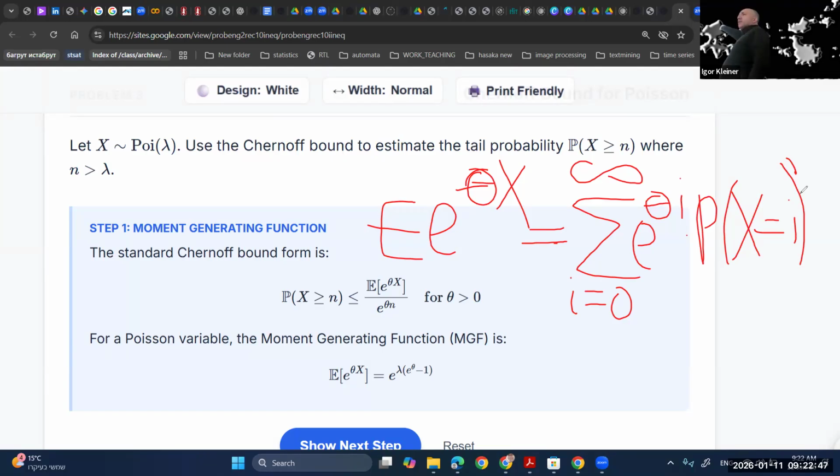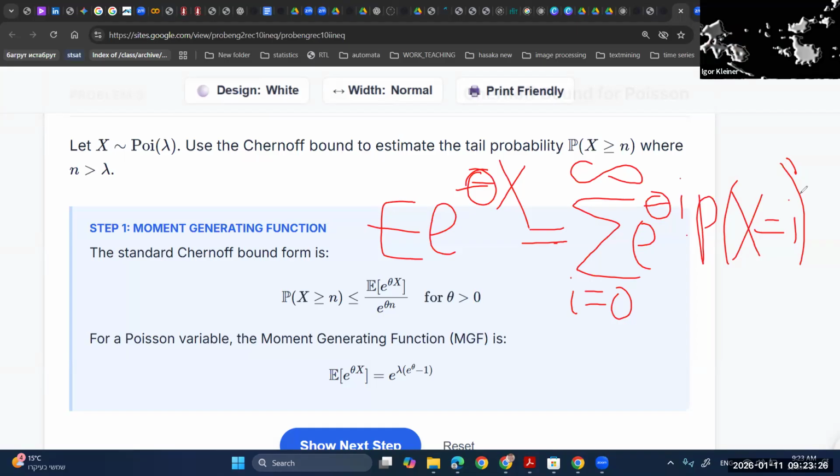You can solve this question. It's not very hard, it's 2 lines. But you don't need to. Why? This expression is the moment-generating function. It's the definition of the moment-generating function for Poisson. So you go to the book, to the table, and look up the expression for the moment-generating function of a Poisson random variable. And here we are, this is the final answer. But in general, my advice to you is to solve this question. It's 2 lines, it's not so complicated.